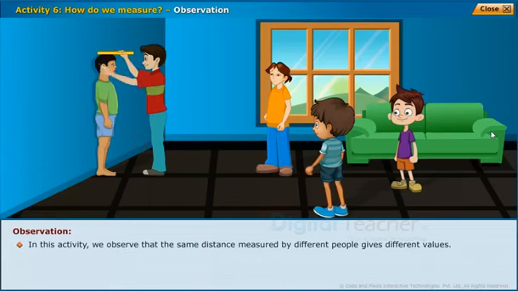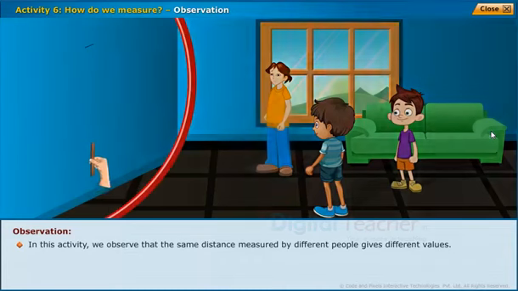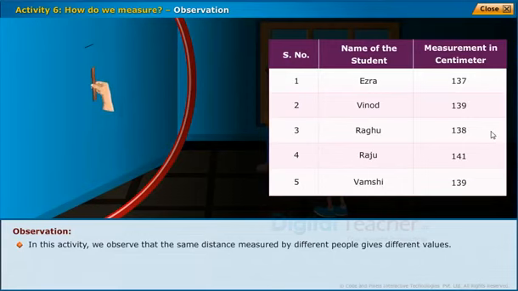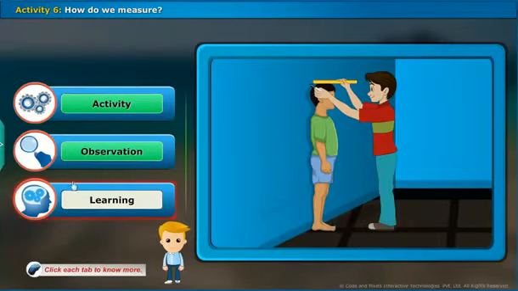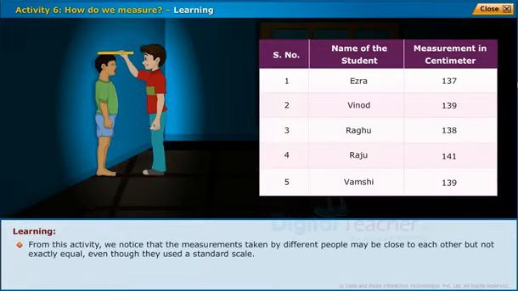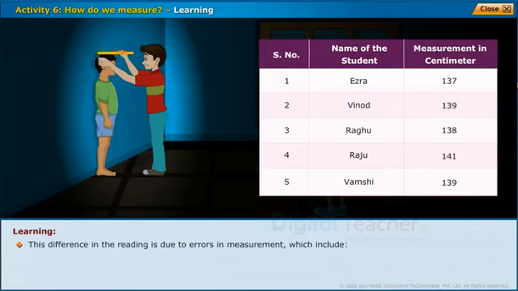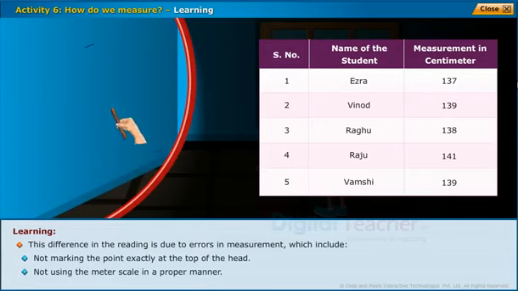In this activity, we observe that the same distance measured by different people gives different values. From this activity, we notice that the measurements taken by different people may be close to each other but not exactly equal, even though they used a standard scale. This difference in the reading is due to errors in measurement, which include not marking the point exactly at the top of the head, not using the meter scale in a proper manner,